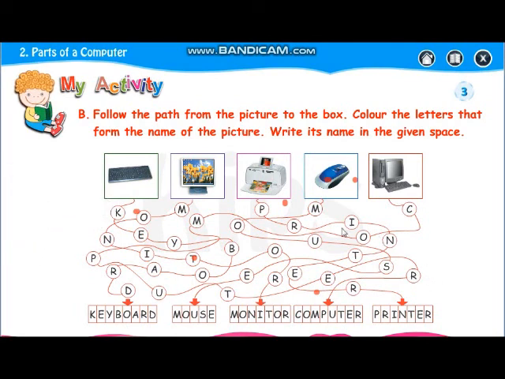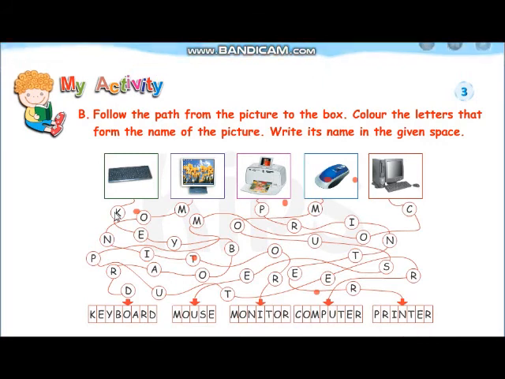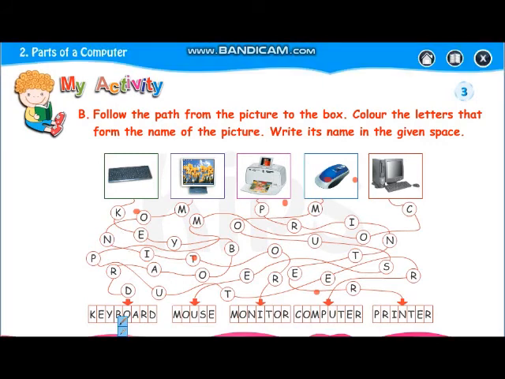What will you do? You will take a pencil and darken every bead on the thread along the way. Okay? Like when K came, what will you do over K? You will color it like this over K. Okay? After K, where did it come? Here E, so you will color it like this. Then Y. Okay. After Y, what came? Here B, then O, then A, then R and then D. So this is the spelling of keyboard. Okay, do it properly and write it properly. If you are not able to complete that, press the K key, the pause key, and then go to the next.